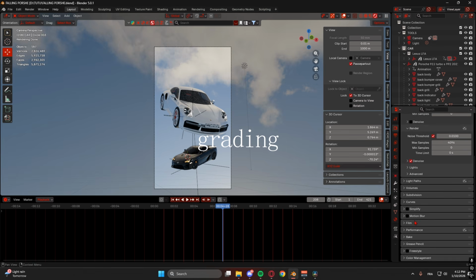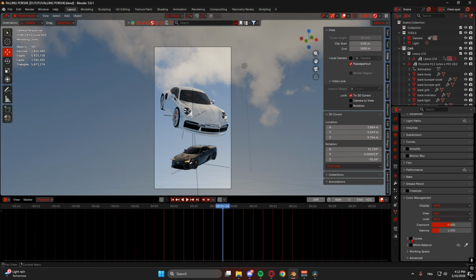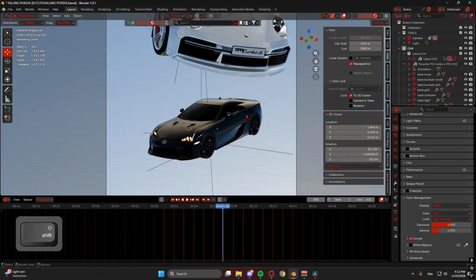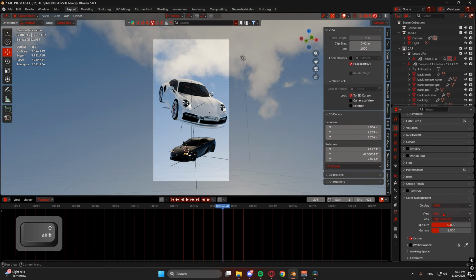So we go to render and then color management, and then you turn on the curves, and then AgX, put medium or high, depending on the scene you have. So for example here, if I put high, we're gonna lose a little bit of details here and here. So let's go for medium,